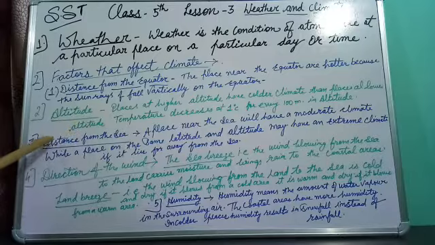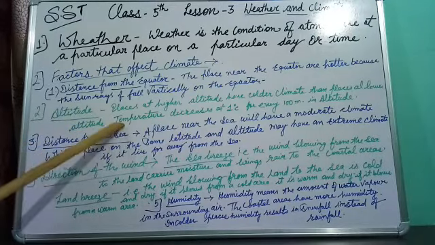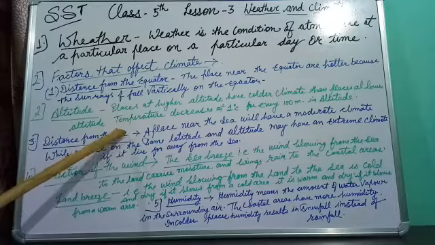Number 3, distance from the sea. The sea has a moderating influence on the regions close to it. Compared to land, water takes longer to heat and cool. Thus, oceans heat up and cool down slower than the land around them. Cool sea breeze keeps the coastal areas cooler in summer and warmer in winter than places far away from the